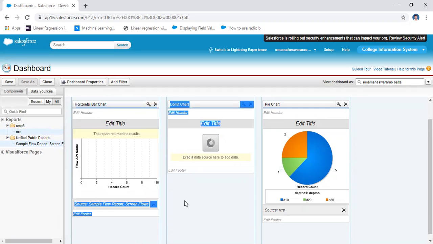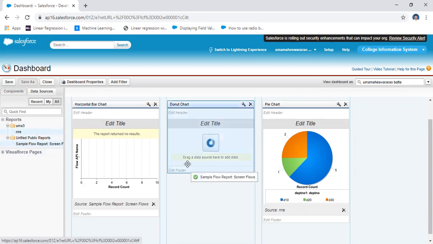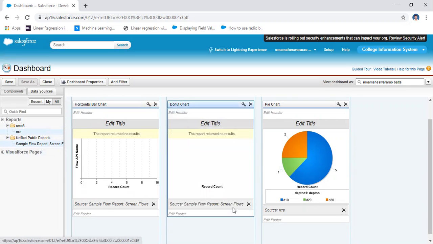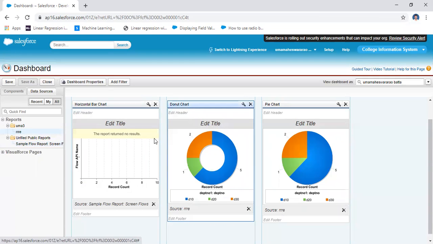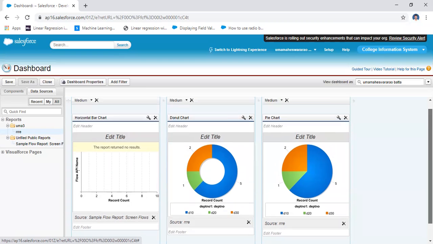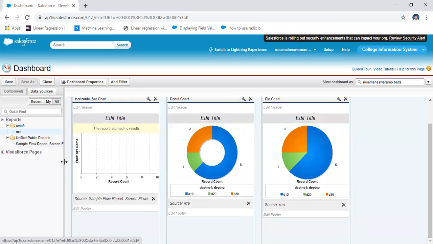Otherwise you may place this sample report here, donut chart. This is a donut chart, it's not showing anything. That's why I'm using this one, this is a donut chart. I already created this report previously. In this way you will create different reports from the data source. Not only this information, a simple report, and then you may create the visible post pages.